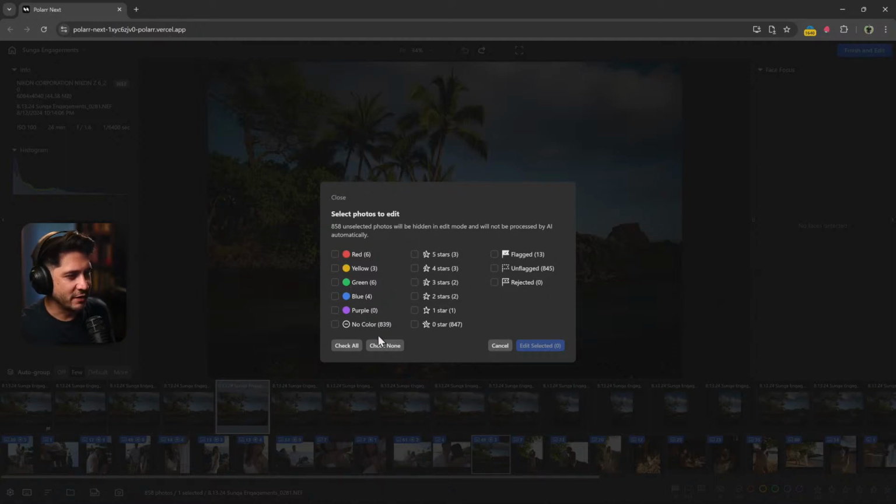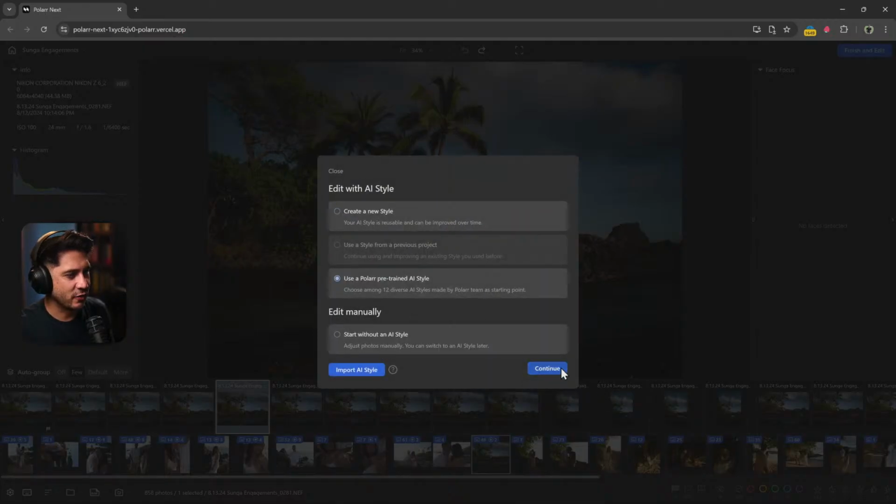So what we're gonna do is, let's say I only want to import the greens and the blues, because I know reds and yellows are bad. And then I definitely want to import all of the star-rated images, because these are all ones I want to edit, and then all the flagged. So now I have multiple selections of these filters. I can go edit selected, and again, we will